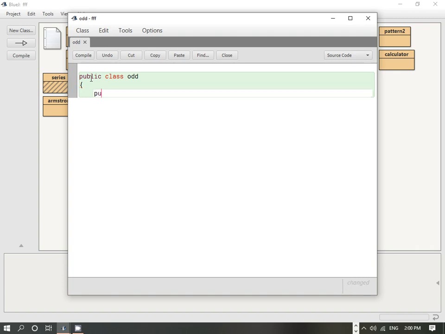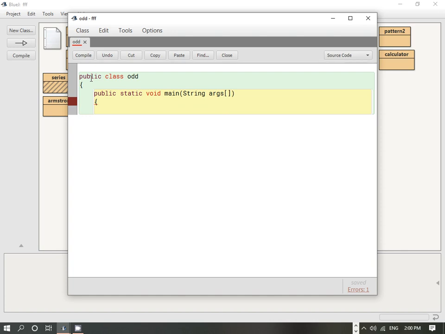then public static void main. Then here we have to write the for loop, and in this program we are also going to use an if statement.